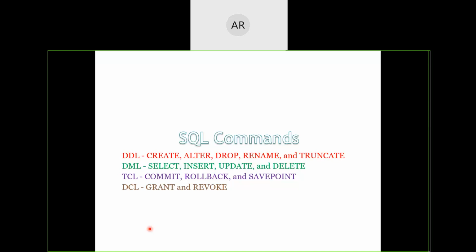In short, in the DDL category there are 5 commands, in DML just 4 commands, in TCL 3 commands, and in DCL just 2 commands.